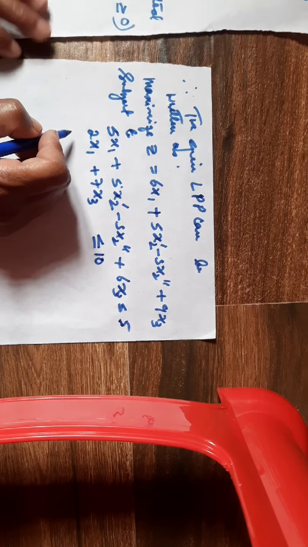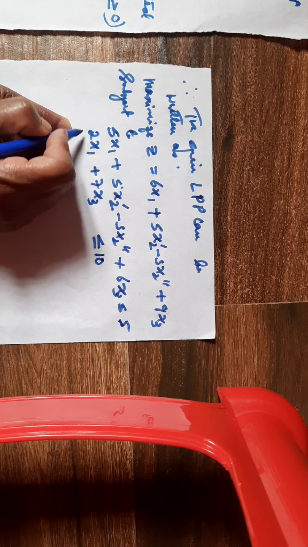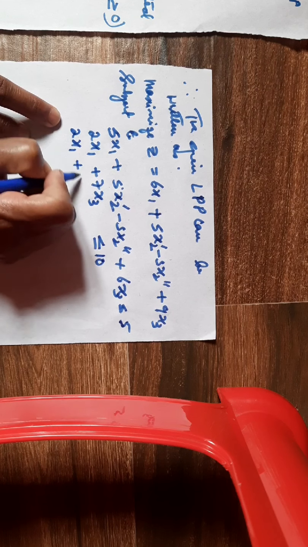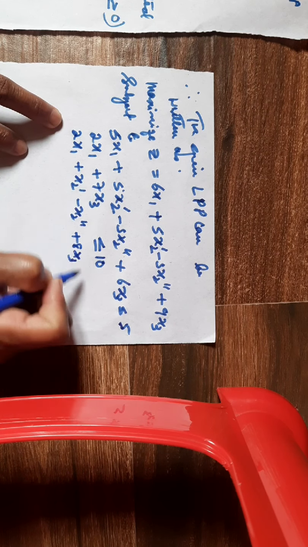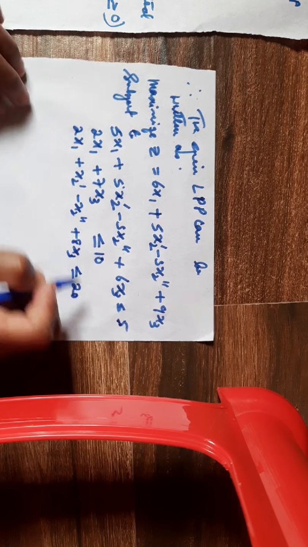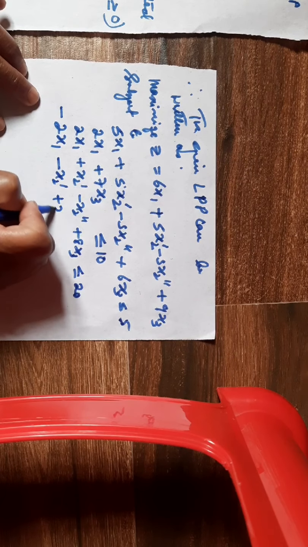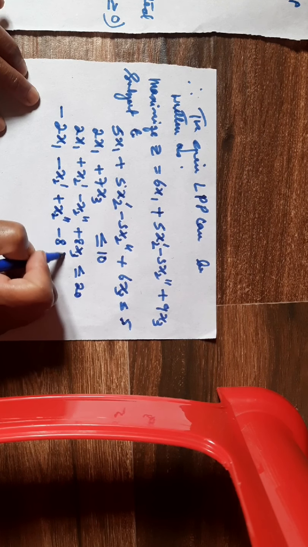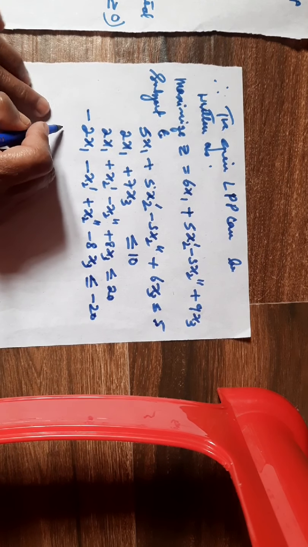Now the third constraint has been converted into two inequalities given by 2x1 plus x2 prime minus x2 double prime plus 8x3 less or equal to 20, and another one is minus 2x1 minus x2 prime plus x2 double prime minus 8x3 less or equal to minus 20, and the last one is